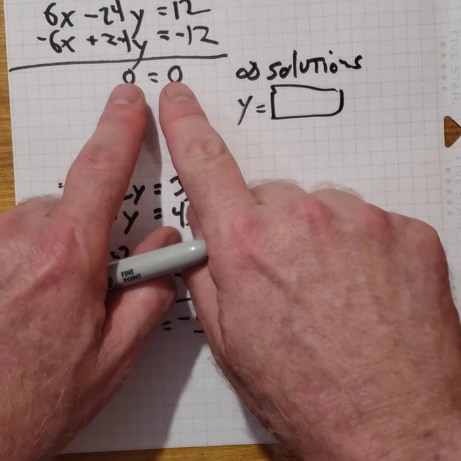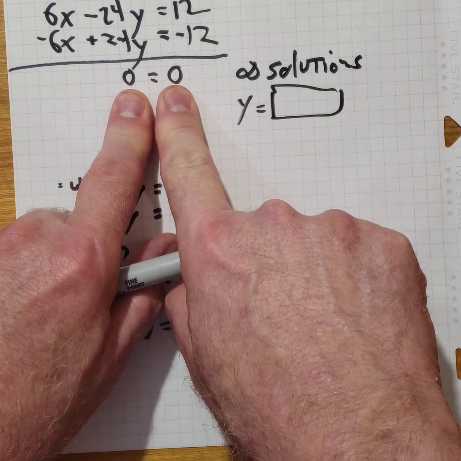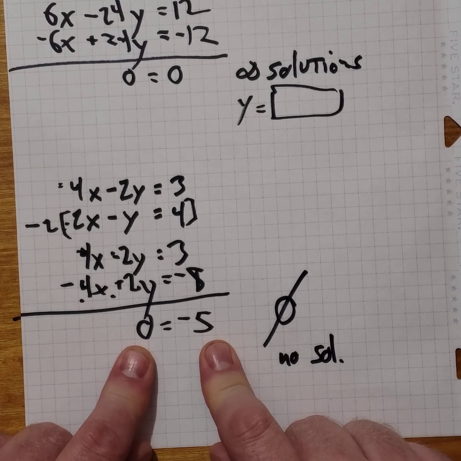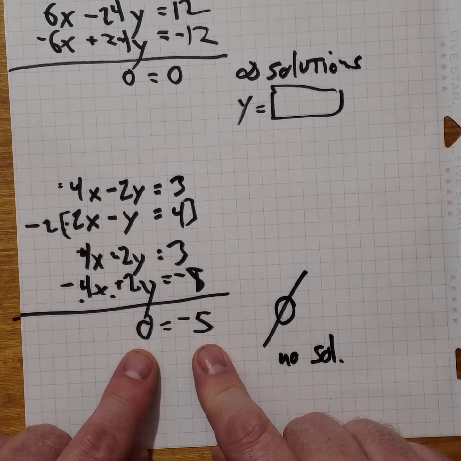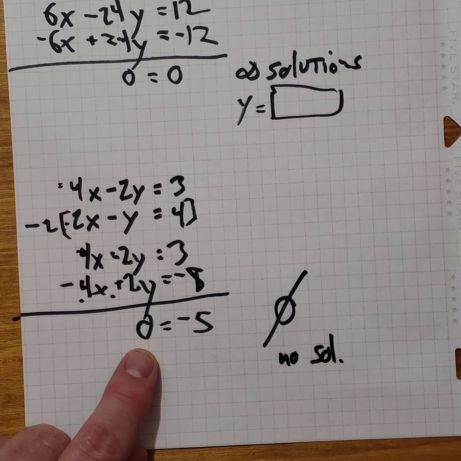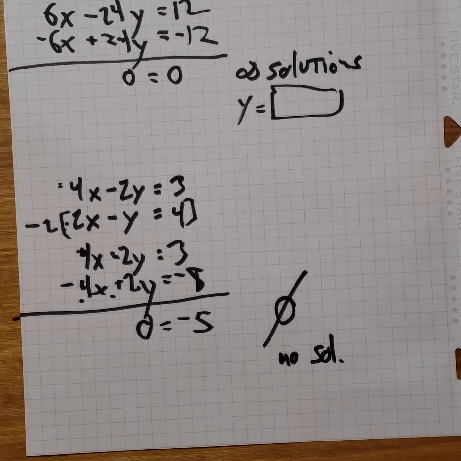So if everything cancels, you get 0 equals 0, infinitely many solutions. If the left side cancels, but you're left with a number on the right, you're left with an equation that is untrue, nothing can make that true, there are no solutions. And those are the only special cases you're likely to run into. I don't know if they're going to be ugly numbers in my math lab. I tried to avoid them, but